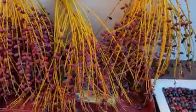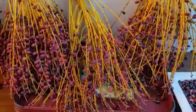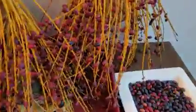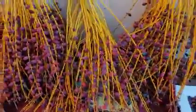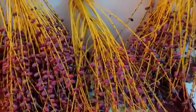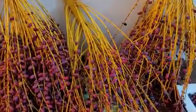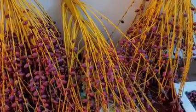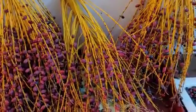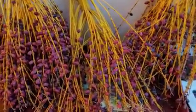And its pith is also edible. That is usually extracted by the locals during this summer. And fruits of dactylifera are known to many of us as shohara or pind khajur, which stands mentioned even in the Quran 20 times and the Bible also 30 times. And during Ramadan, the consumption of date palm khajur is considered very important or auspicious. And just during the iftar time, the first fruit which is taken is the date palm khajur